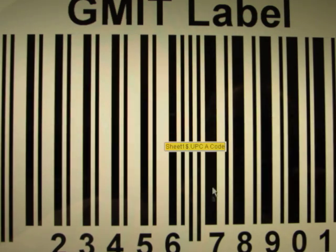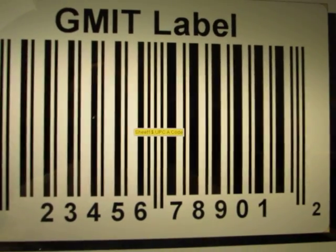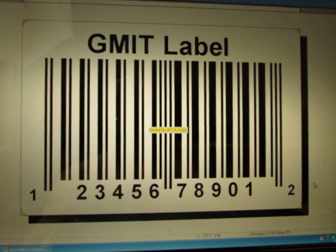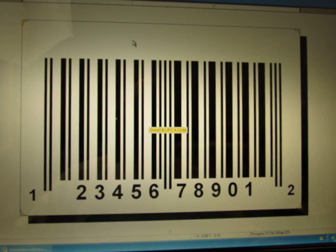Now, as you can see, a little yellow window popped up. Hopefully you can see that. What that means is we've actually linked that to a database. So that tells us the code is actually printing off of a database. We have the label at the top. Now we can take this out anytime we want, just to show you. I'll take it out. You can add it in, or you can add a text field up here and pull up a customer name if you wanted to do that. As an example, we can come in here